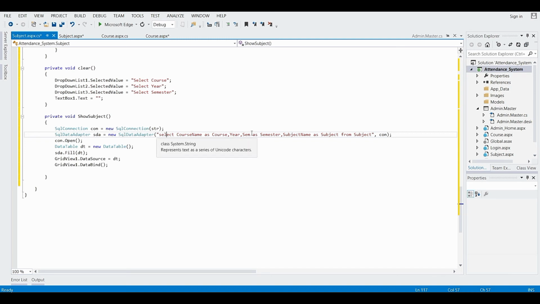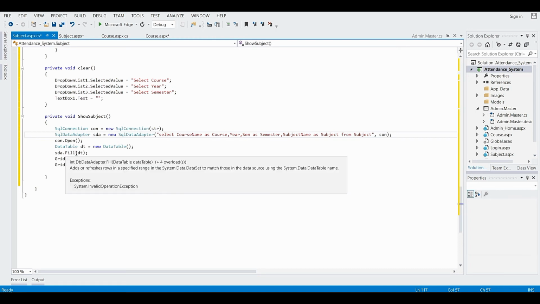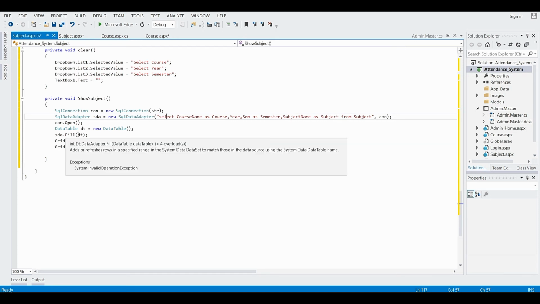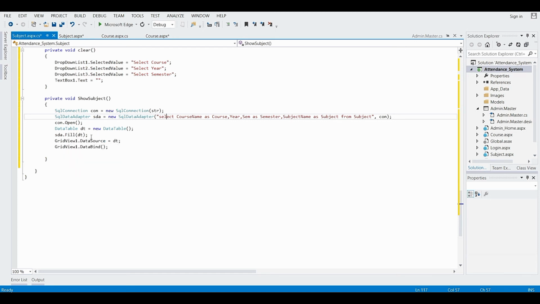Here the sem column will be named as semester, and the subject name column will be named as subject. It is going to get these records and store them in this data table with the help of the Fill method. After that we have to bind this data which is present in the data table with the grid view. So we have to give the data source for the grid view, and after that we have to bind it with the DataBind function.